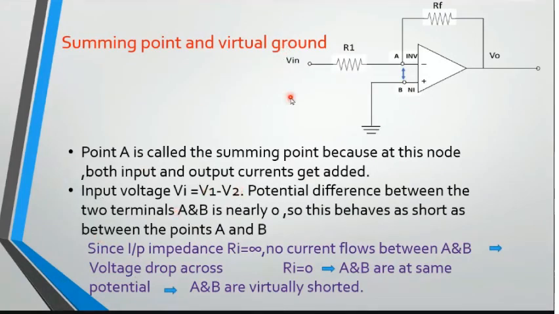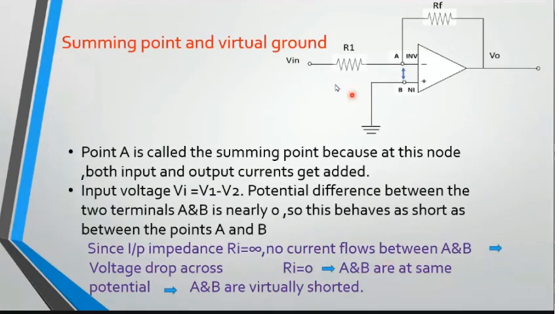Now here we have your operational amplifier. As I told you, this is your operational amplifier with two input terminals and one output terminal. This is pin number 2, which is the inverting terminal, minus sign. Pin number 3, positive terminal, is the non-inverting terminal. And here, pin number 6 is the output.